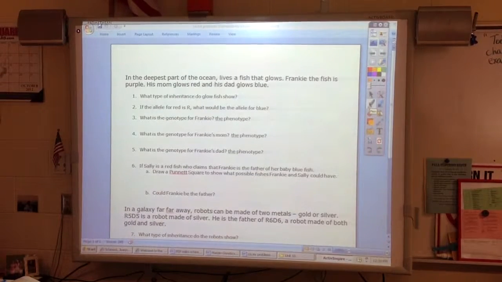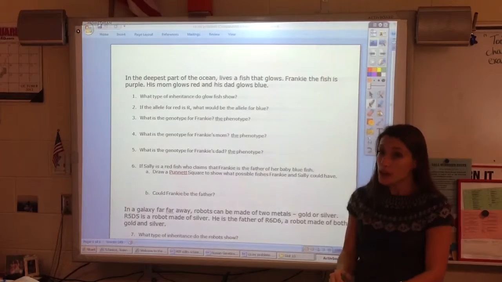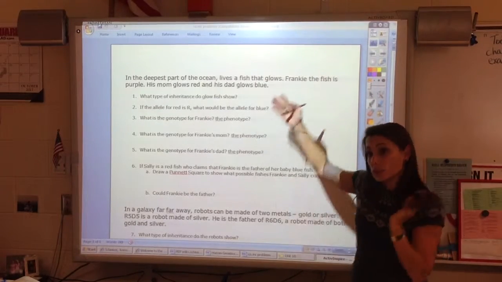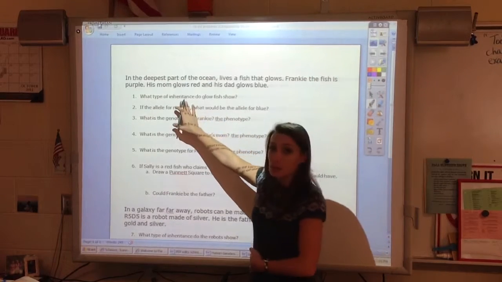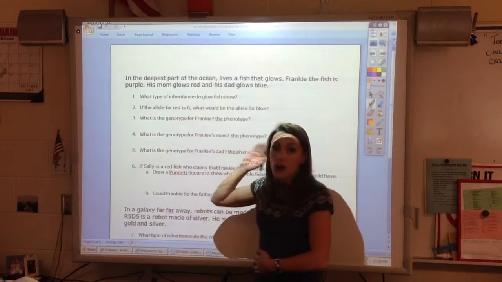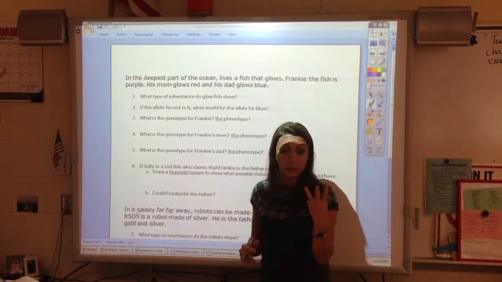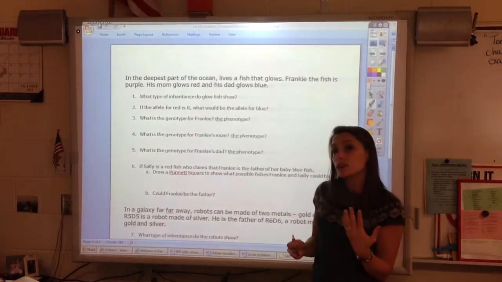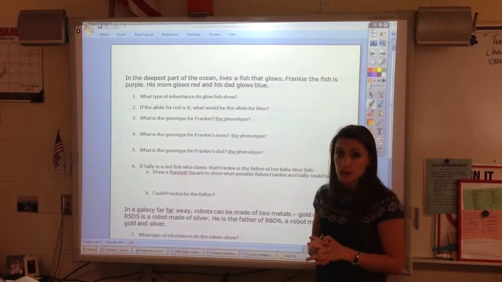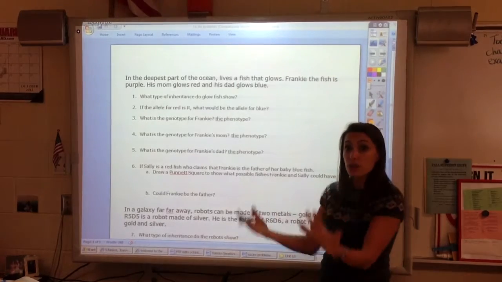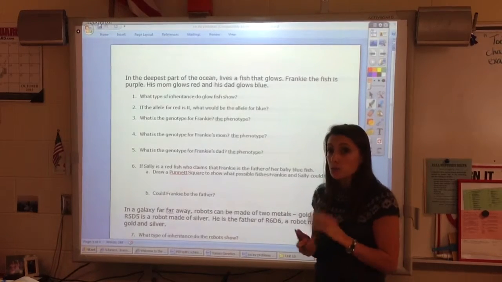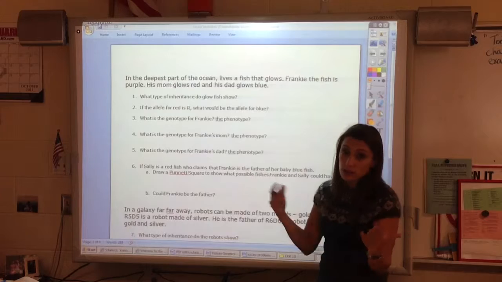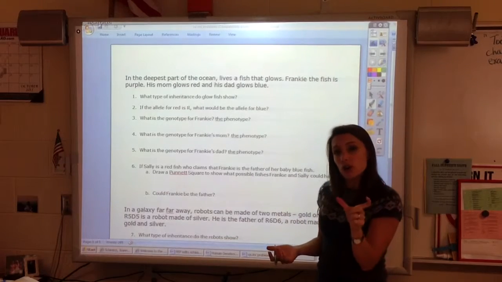Here are some more genetics problems. And so our job now is to analyze what they're giving us and try to determine the type of inheritance. Not all traits follow Mendel's 3 rules. Some traits follow different patterns of inheritance, meaning how they are given to the offspring and how they show up in the offspring. So previously we talked about dominant and recessive, that one was stronger, and that's the one